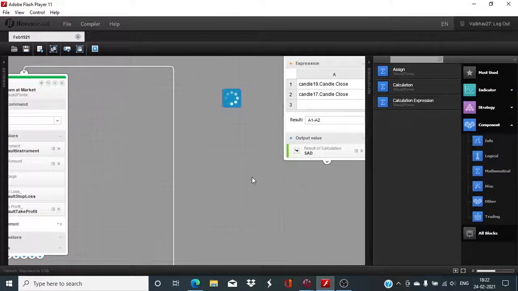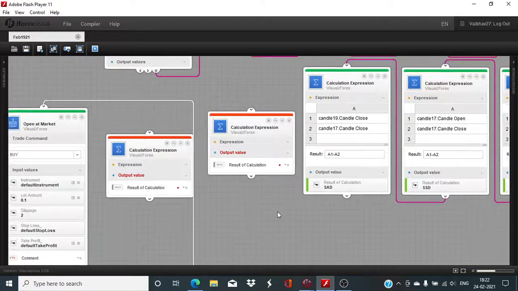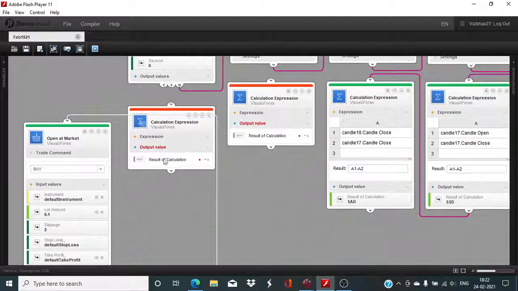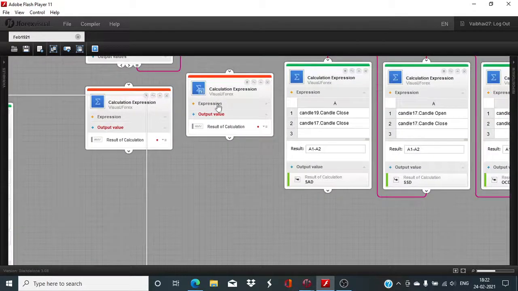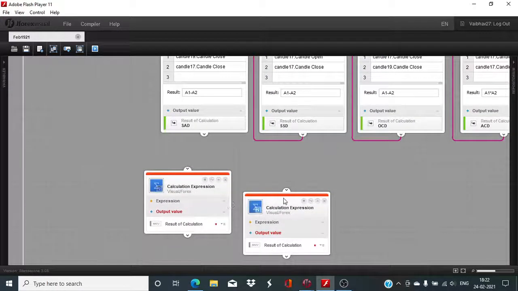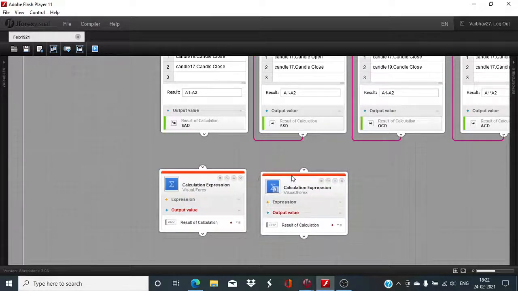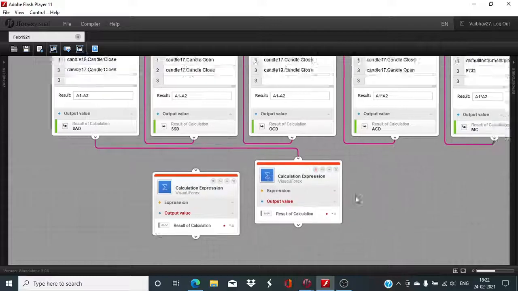So we take two more calculation expressions, and this is going to be dynamic. So for that I will have to define the buy side as well as sell side stop loss and target price differently. So in today's session we first define the stop loss and target price for the buy side, and for that